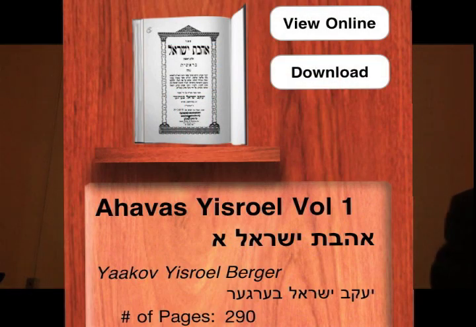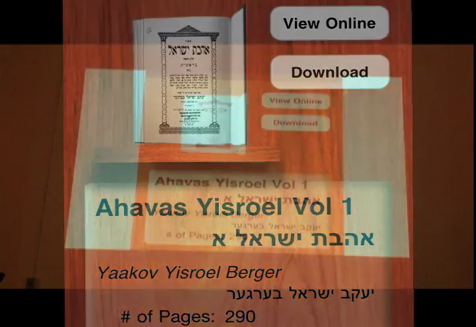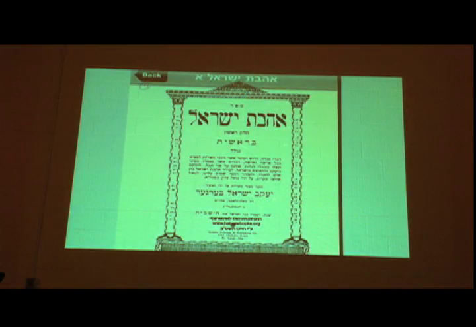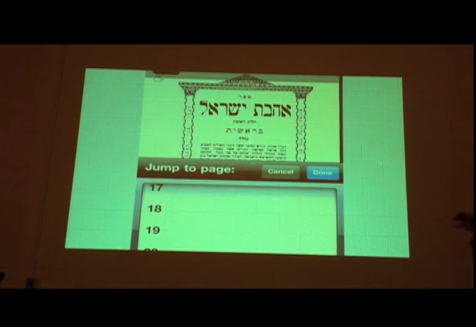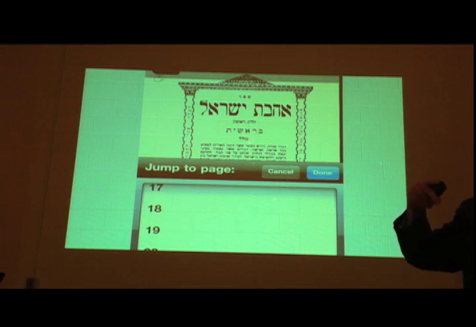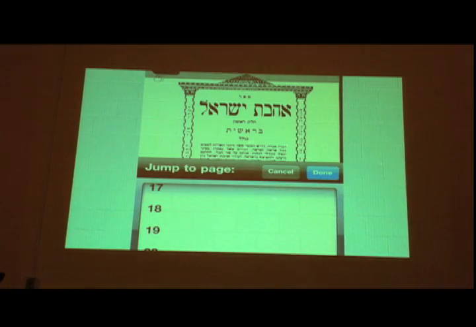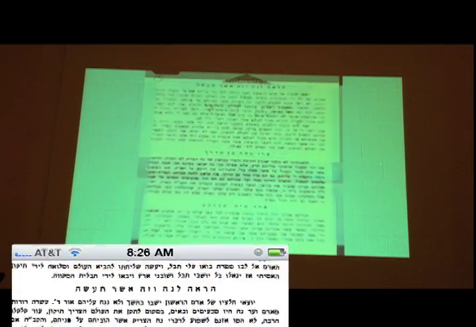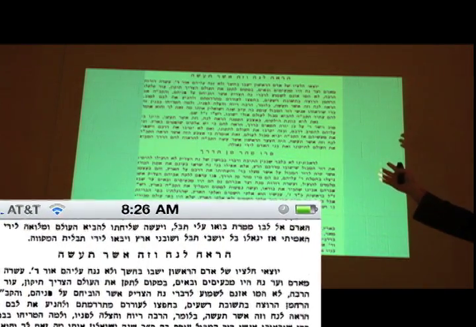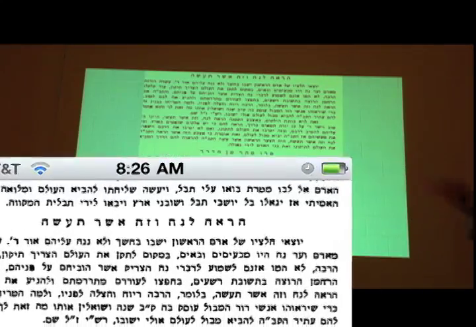And it gives me the option. Do I want to just peruse it, or do I want to download it and save it to my phone? And so I'm going to say, let's take a look at this book. So I click on it, and automatically, this Sefer, Ahavas Yisrael, opens up on my phone. As if I just was in a big yeshiva in the Beis Medrash, and I went over to the bookshelf and I pulled it off, and now I said, let me scroll through the pages. So I can touch a button and automatically jump page numbers to get to the page that I want to get to. So I'm going to pick a page, and this is the exact image of what will come up. The full page of the text of the Sefer that I'm studying.